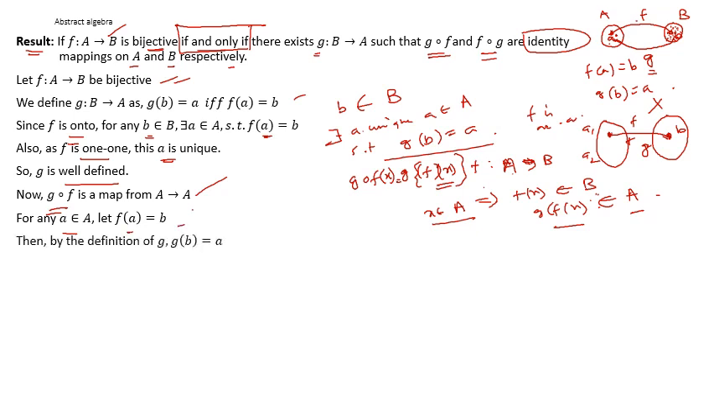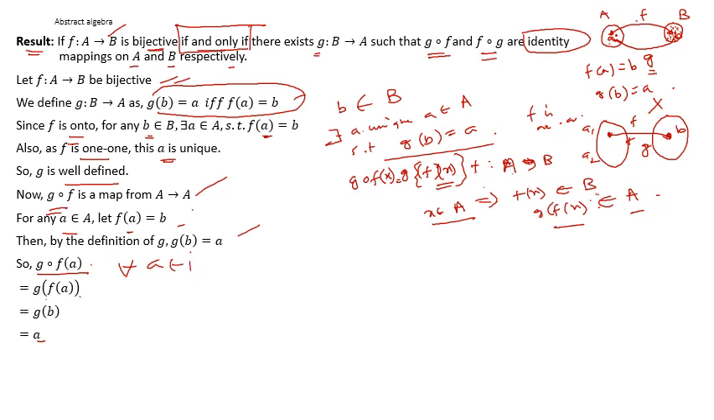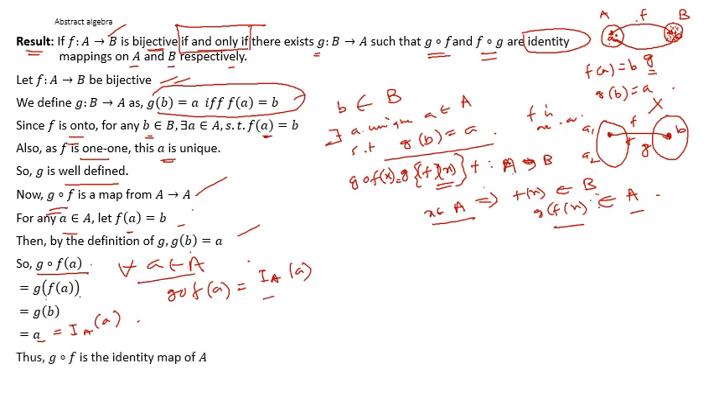Now given any a, let Fa equal to b, then G of b is a by definition, G of b is a। তার মানে GOF of a is G of Fa, but it is G of b which is a, so GOF of a is a। Now this is true for all a, a belongs to capital A, তার মানে this is nothing but I_A of a, তার মানে GOF of a is nothing but I_A of a, identity mapping in capital A, and this is true for all a, so GOF is actually I_A, that is the identity map of A, so GOF is identity map of A।